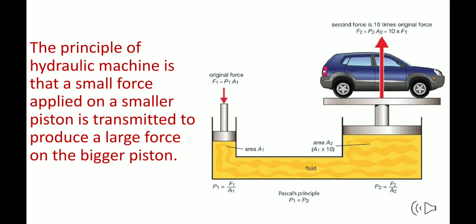So the piston will move up and the vehicle will move up and so on. So we move further. I would like to add over here that as P1 is equal to P2 because of Pascal's law, P1 will be F1 upon A1 and P2 will be F2 upon A2. So when F1 upon A1 is made equal to F2 upon A2 and A2 is 10 times A1, we cancel out A1 and A1. So F2 becomes 10 times F1. So here the smaller force is producing a greater force because of Pascal's law. So this was important. So we move further.